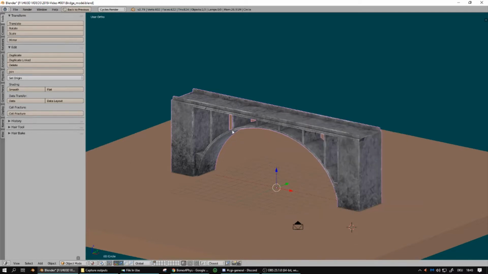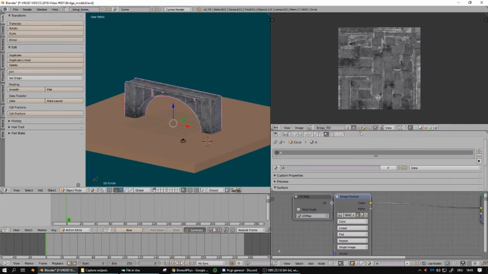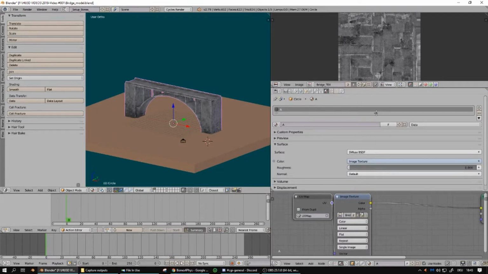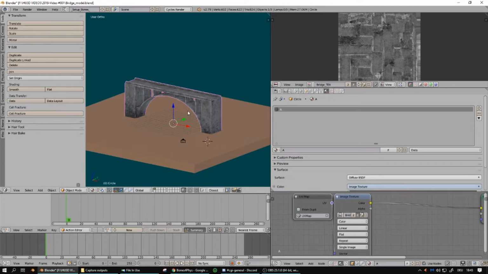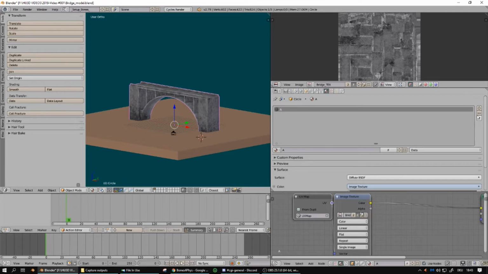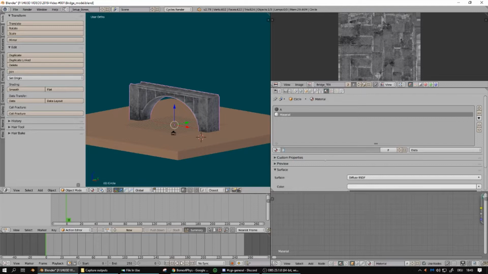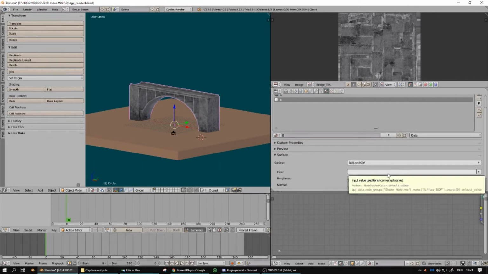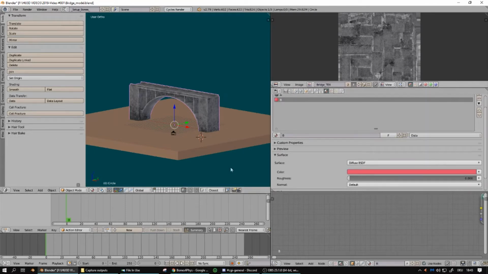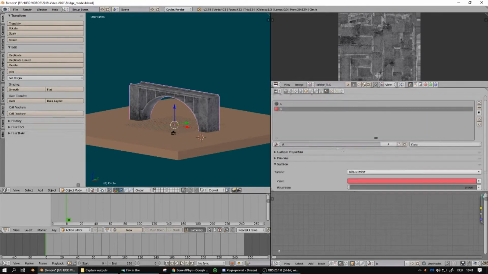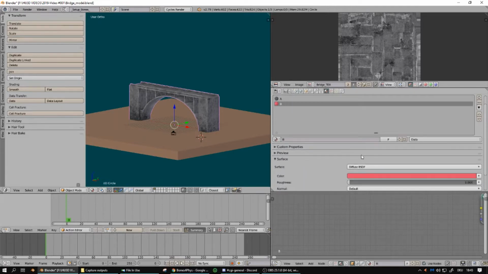So, there is one thing that I forgot. So for now we are having material A. Click on plus and then generate another one and call it B. Then after you have it, just give it some random color. We will edit it later. So this one here is the inner side of the bridge, like the thing that you don't see outside. So